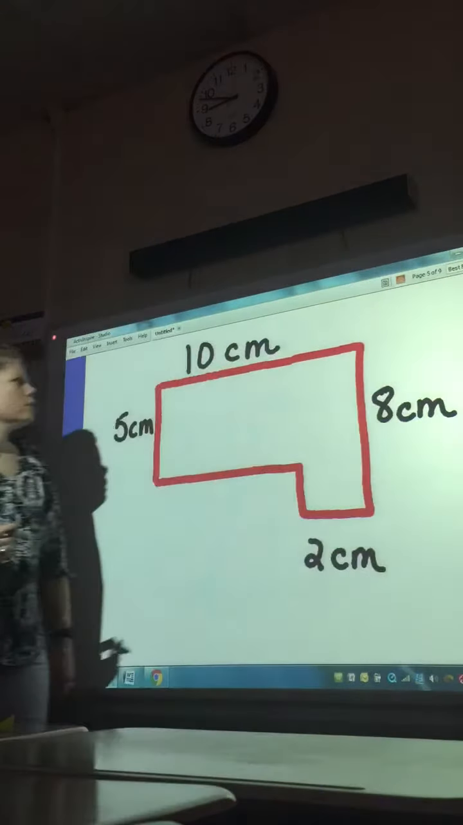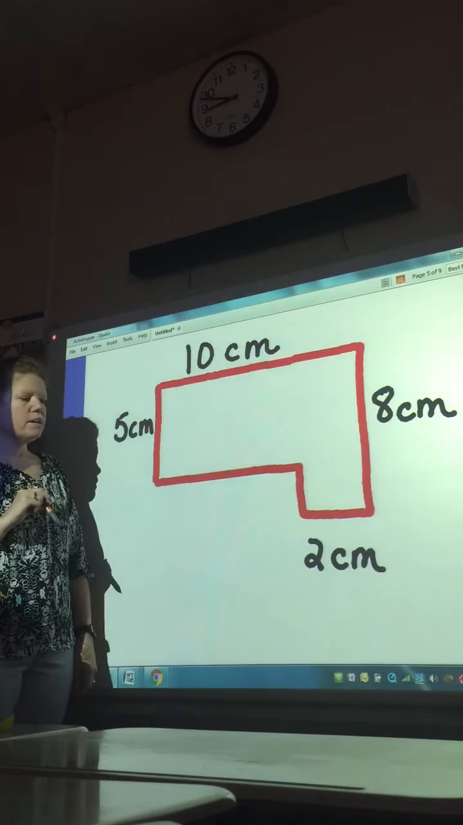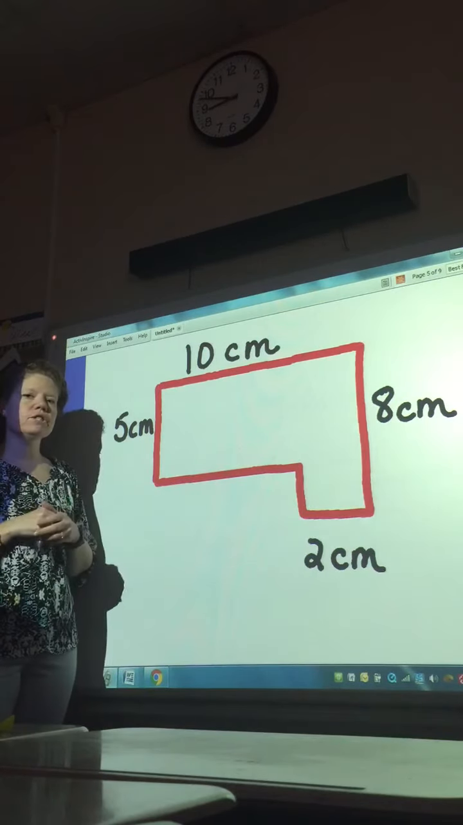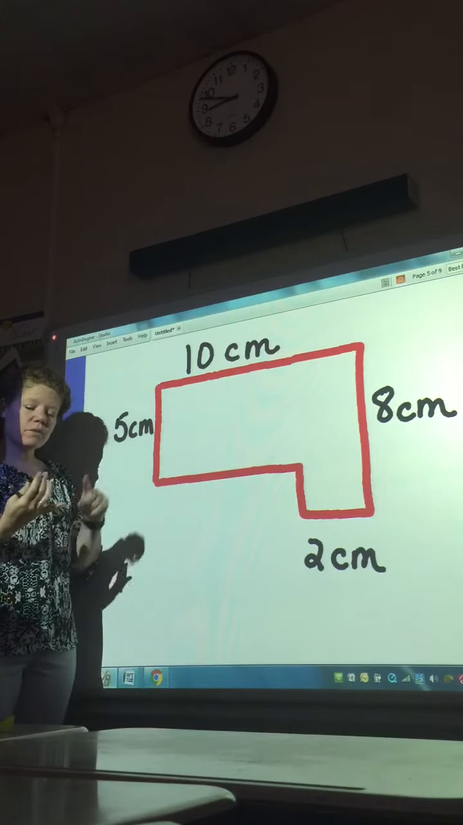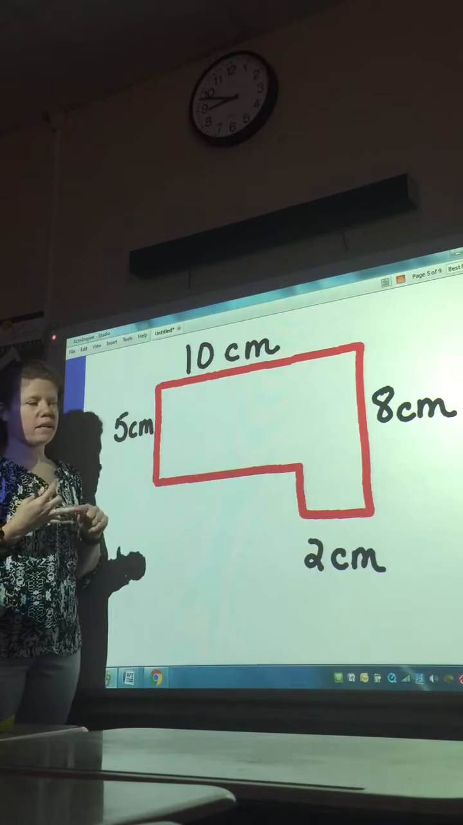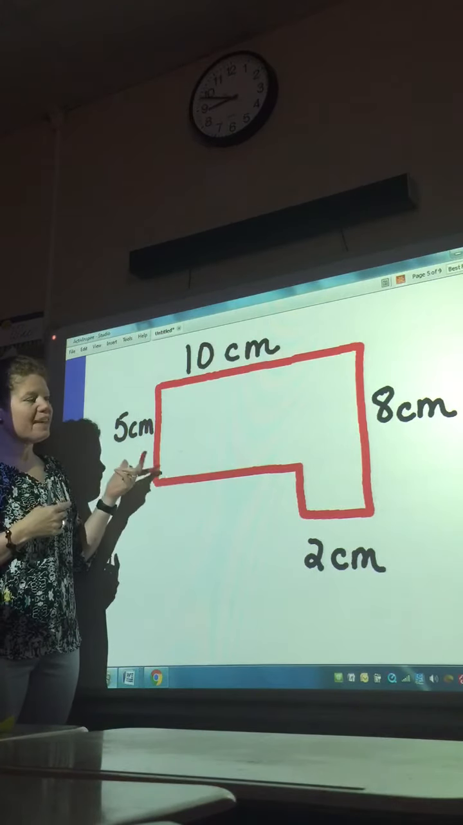Today we are going to learn how to find the area of an irregular figure. So far, all of the figures that you have found the area of have been regular figures. We've done squares and we've done rectangles. But if you look at this shape here, you might have a difficult time figuring out the area of this